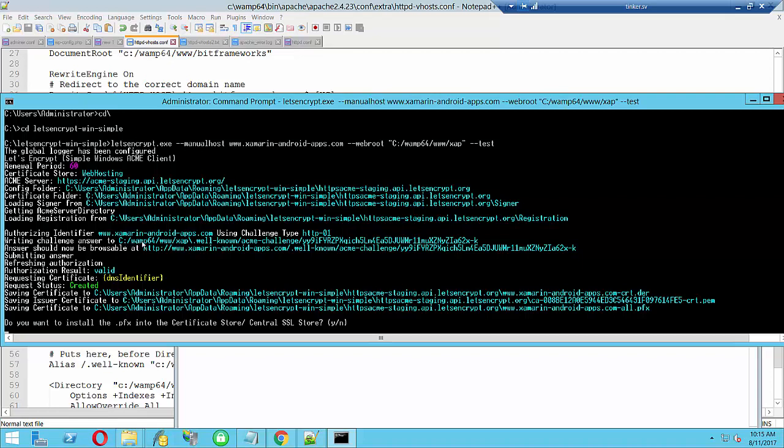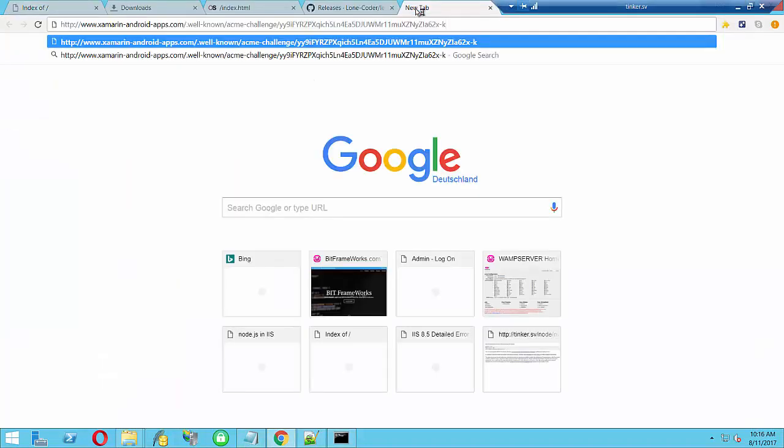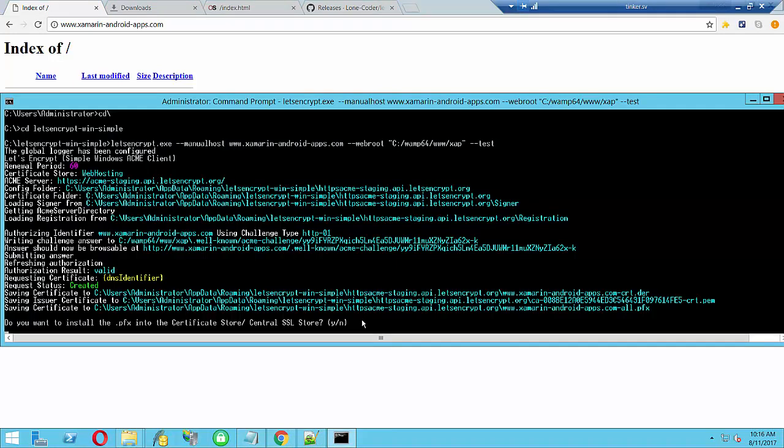See, in the Wamp, it creates the well-known folder and then puts a file on it, and then it tries to browse to this address, and there is a file there with some values, so they're checking for those values, and it means that our domain is accessible for Let's Encrypt to see it. So basically that's good. This is a test certificate, so we're going to say no for everything,